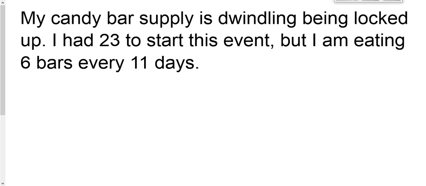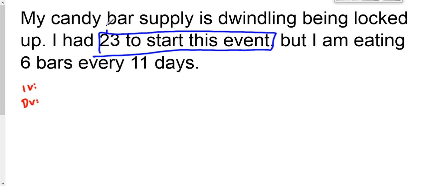Let's try another one. My candy bar supply is dwindling, being locked up. I had 23 to start this event, and I am eating 6 bars every 11 days. So again, let's kind of get IV and DV real quick. Here's where I had my starting value. 23 candy bars in this side, so candy bars. That means days is our other one. Y equals 6 over 11x, 6 bars every 11 days,